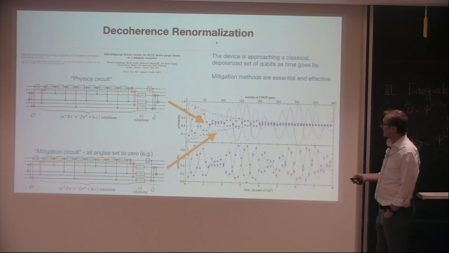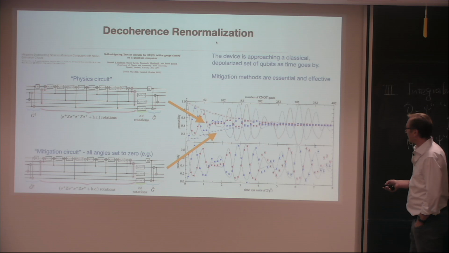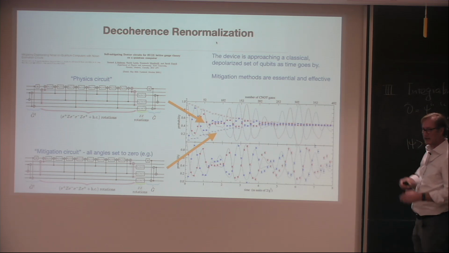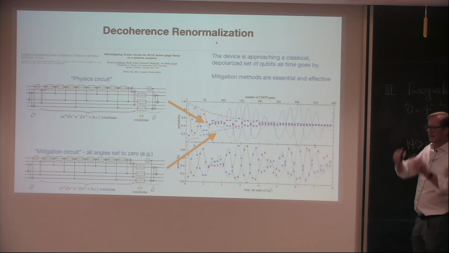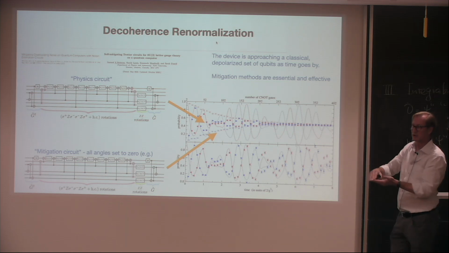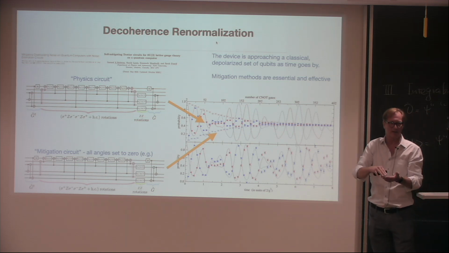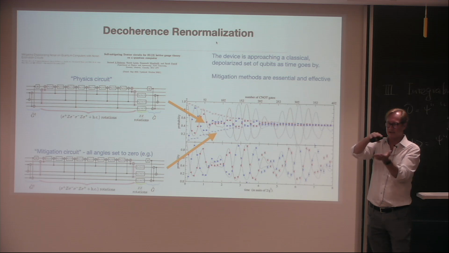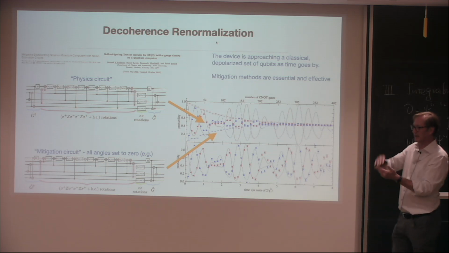One of the things that was really helpful is decoherence renormalization. This was work done in collaboration between IBM and Berkeley, Christian sitting here. And the important part of this is that one can take the physics circuit you want to simulate, and as you're simulating, the device is turning off and becoming classical. You're losing the quantum correlations, and you can compensate for this by running circuits that you know, and then by doing